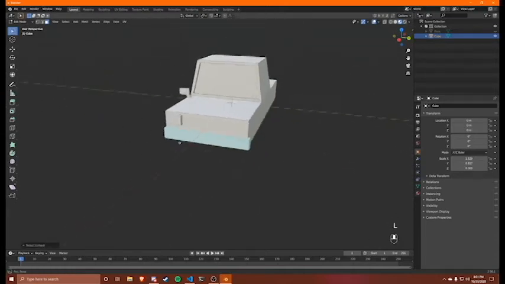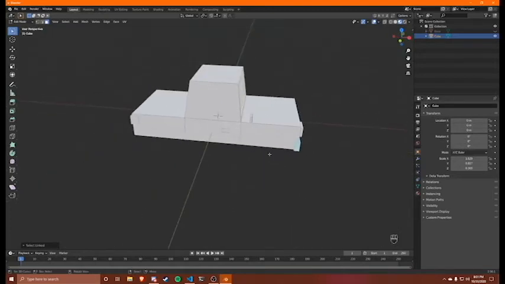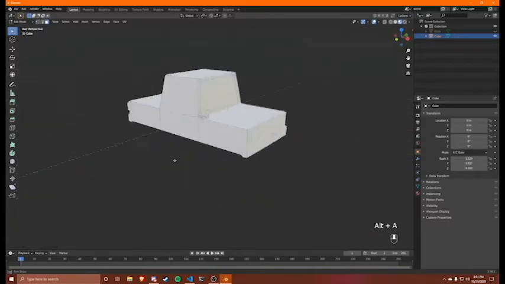Okay, L to select this whole object, and we're just going to throw it in the back here as well. So Shift D to duplicate. I'm going to hit X to lock this on the X-axis, and then slide it back here, and then click. Okay, so now we have our front and back bumper,